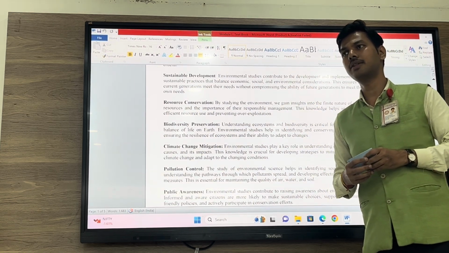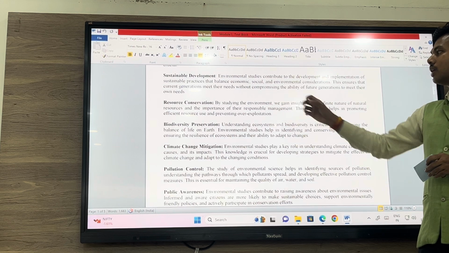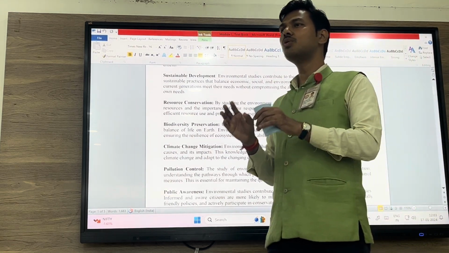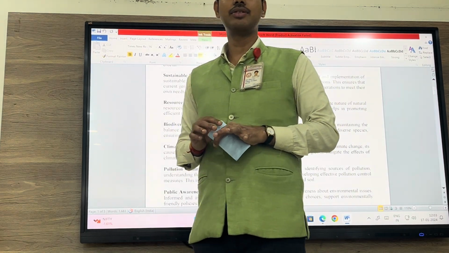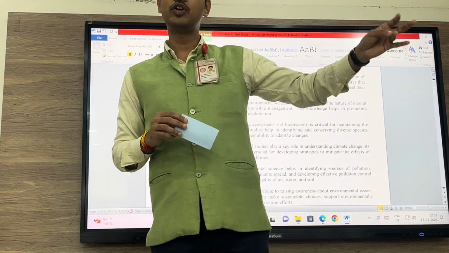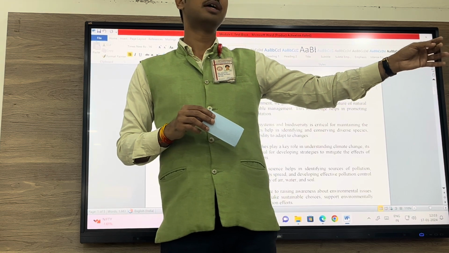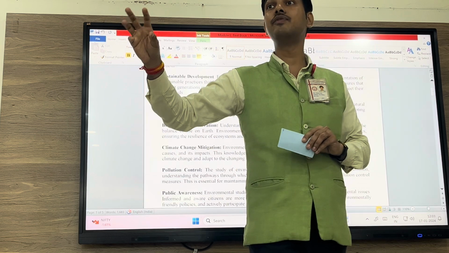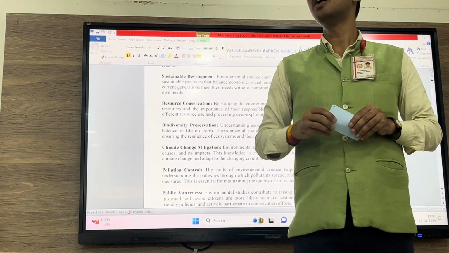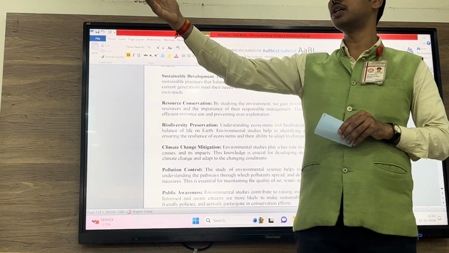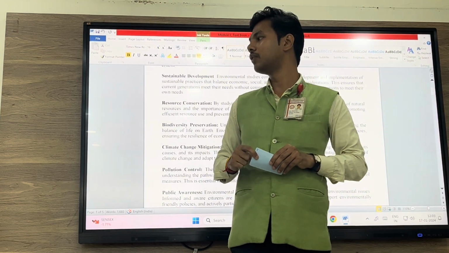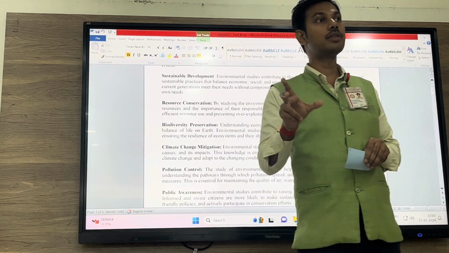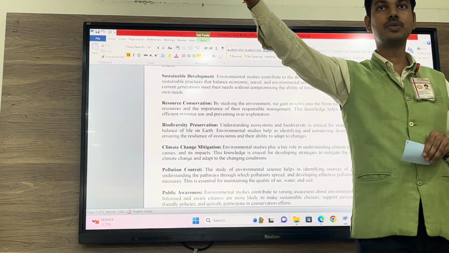The next thing is, why we should do environmental study? Why should we study this subject? Because it talks about resource conservation. What is resource conservation? See, resources are limited in nature, isn't it? There are petrol, fuel, fossil fuels, diesel. They are limited. Now, if we exploit them, if we overuse them, what will happen? What will be left for future? Nothing would be left for future, which means that there is no conservation, which is harmful for future generation, right?